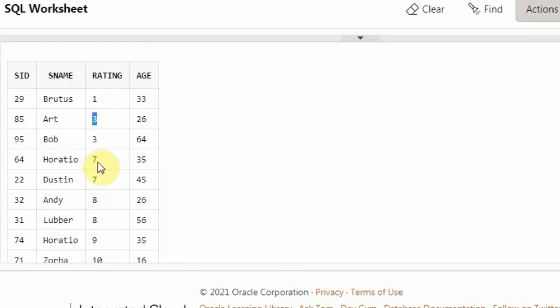And for rating 7 also, because Horatio and Dustin have the same rating, the age is now taken into consideration, and according to the age we are sorting these two people. So 35 came on top of 45. Like that we are sorting the table.